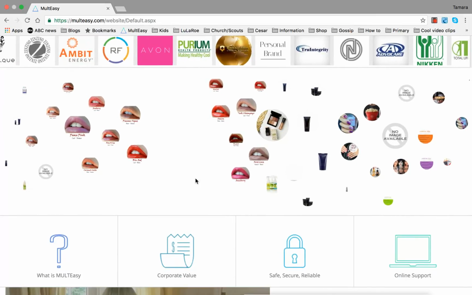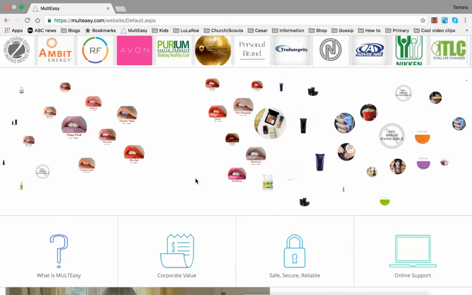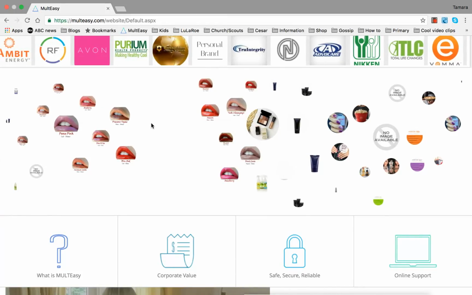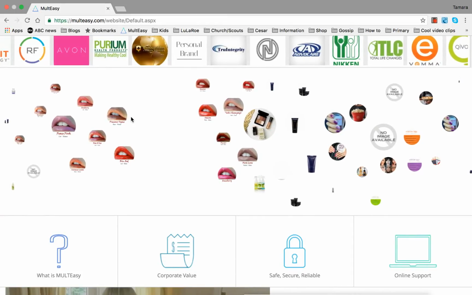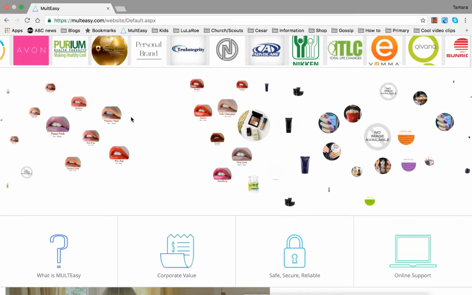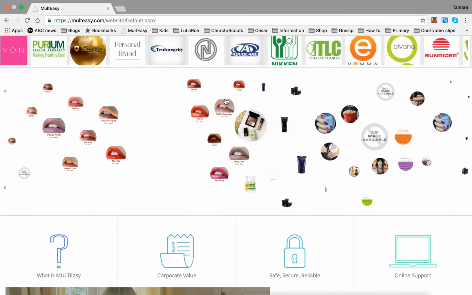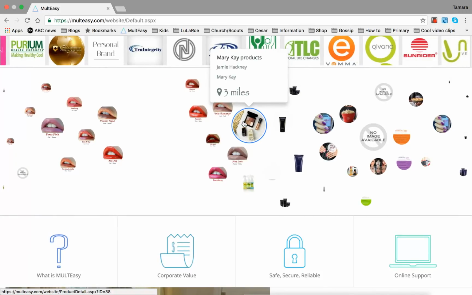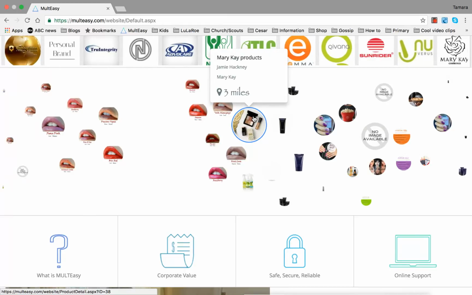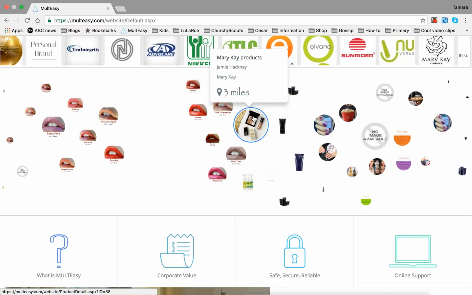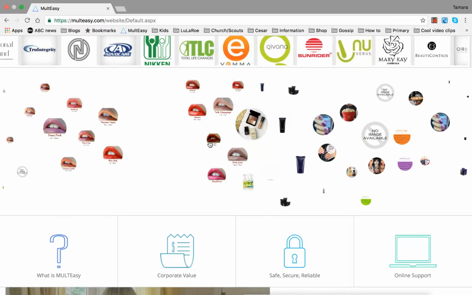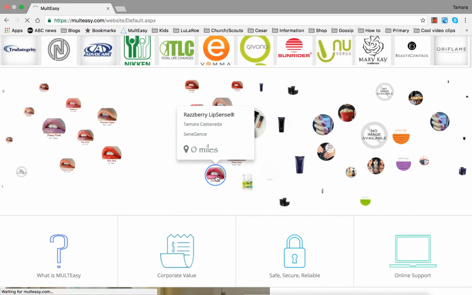If you scroll down a little bit more, you have our bubbles, and we really like this feature. This is a fun feature. These product bubbles are derived from product photos that are uploaded in our consultant profile pages, and so they come up in random order. If you hover over them, you are going to get the product brand, the consultant that carries them, and the approximate distance from your location. And if you click on them, they'll actually take you directly to that